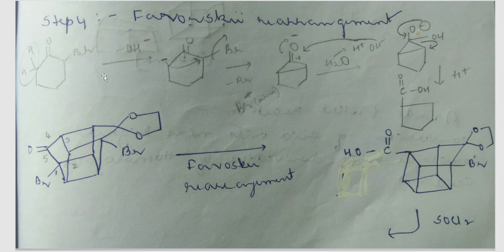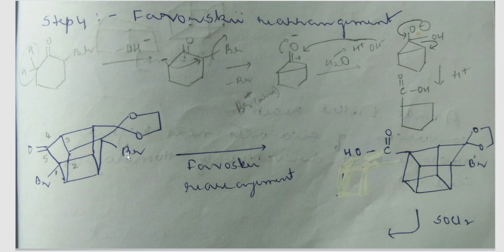Next, now you know what is Favorsky rearrangement. So to this intermediate that you've got, we'll come back to the synthesis of cubane. In step number 3, we have protected one of the keto groups, correct? So to this intermediate, what we are doing? We are doing Favorsky rearrangement, and during the rearrangement, what will happen? This five-membered ring, 1 2 3 4 5, five-membered ring will get converted into a four-membered ring. If it is a six-membered ring, it will become a five-membered ring. Same way, if it is a five-membered ring, it will become a four-membered ring. So here you can see that this is a five-membered ring. It will get converted into a four-membered ring.